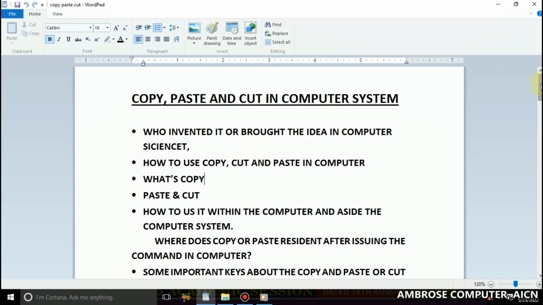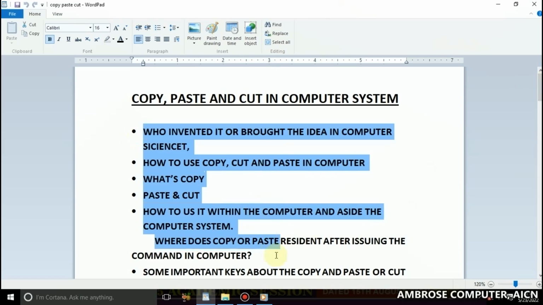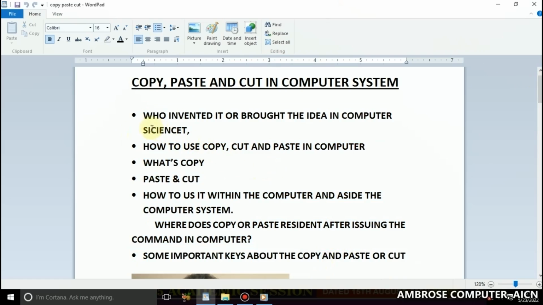Alright, so today we are going to explain in detail, or briefly, who invented this copy and paste command in computer systems, or who brought the idea. This is my course outline that I want to take today. Who invented it, or who brought the idea to computer scientists, how to use this copy, cut and paste in the computer, what is copy, paste and cut, how to use it within the computer and outside the computer